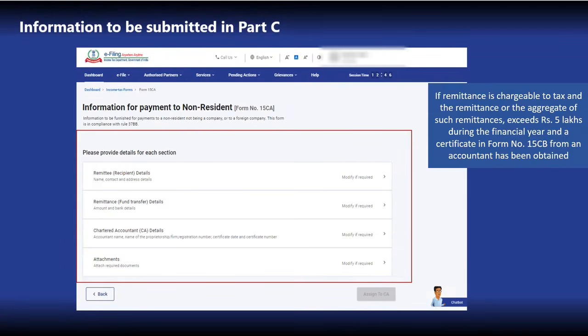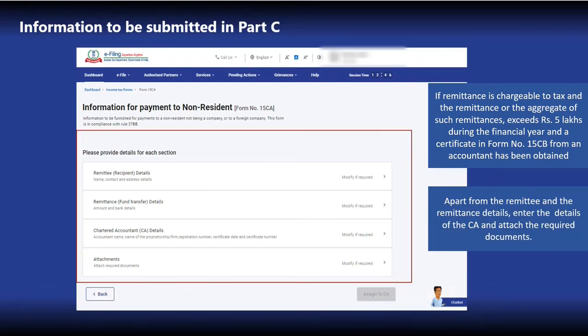Part C, as has already been discussed, is applicable where the aggregate of such remittances is more than Rs 5 lakhs during a financial year and the certificate from the assessing officer has not been obtained. Here, an additional certification from a Chartered Accountant in Form 15CB will also become applicable. In this particular case, along with the remittee and the remittance details, the details of the Chartered Accountant are also required to be submitted along with the required documents.